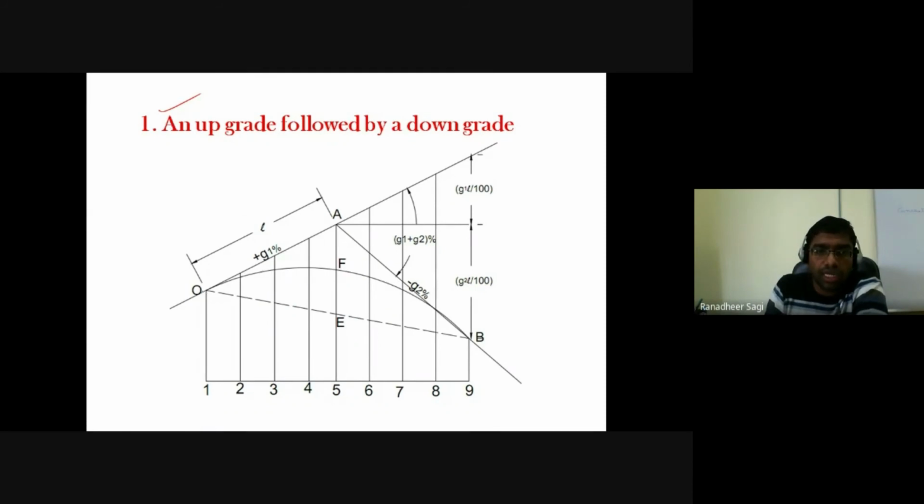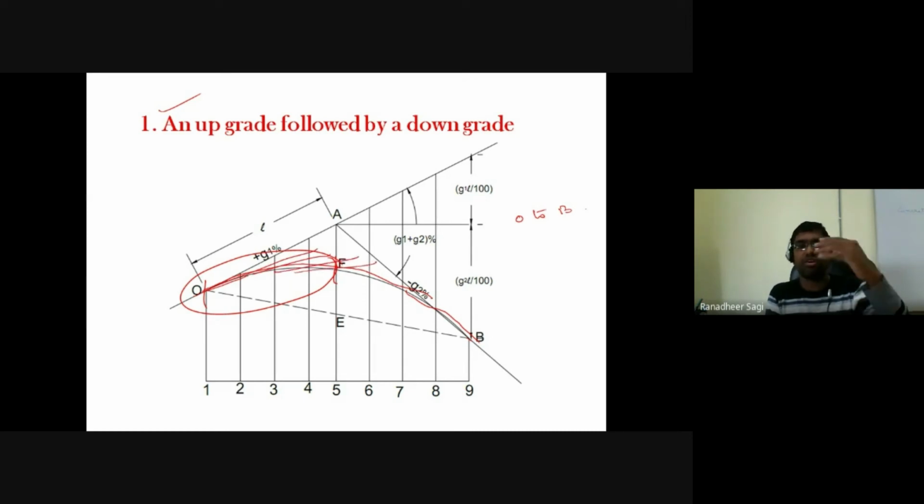If you look here, this is the vertical curve we are talking about. This is my vertical curve going from the point O to B. Now, this particular curve going from the point O to B has a different slope for that ground. In the portion of the curve going from O to F, in this region, you understand that the slope of the curve is continuously increasing.